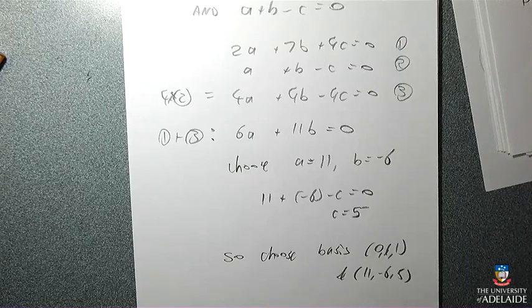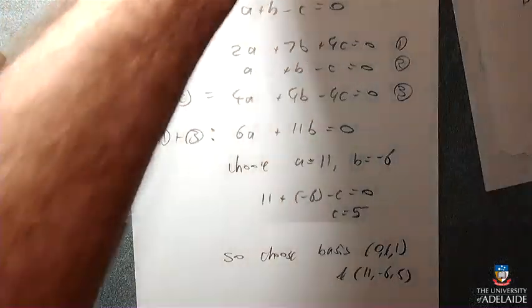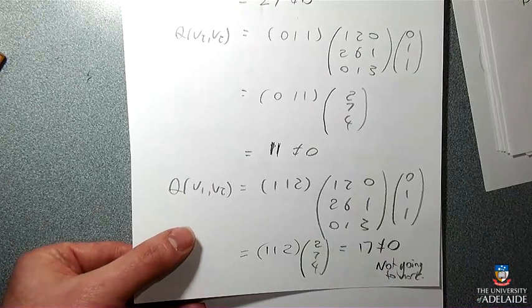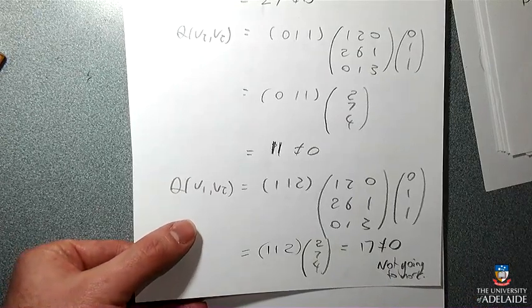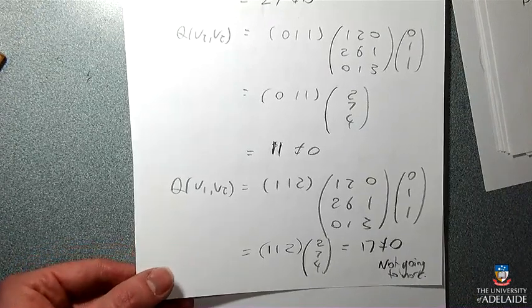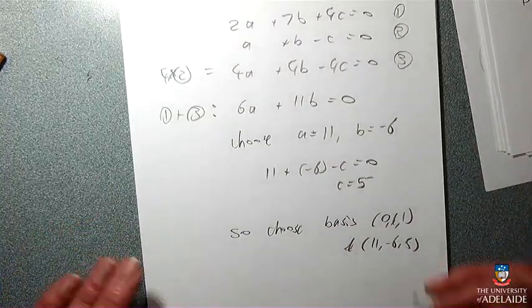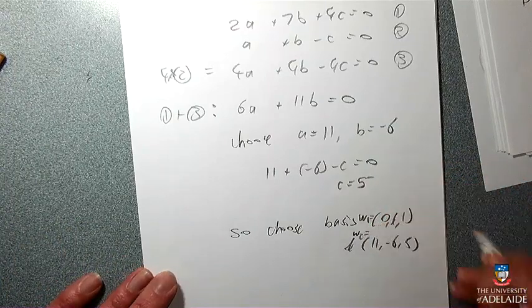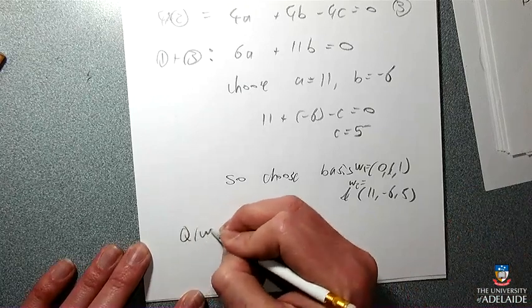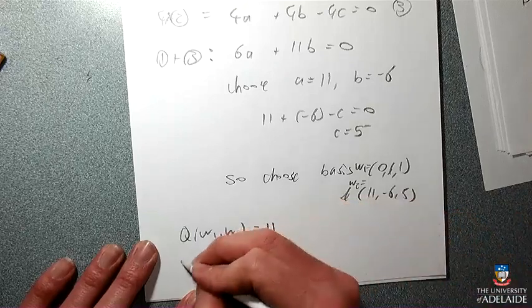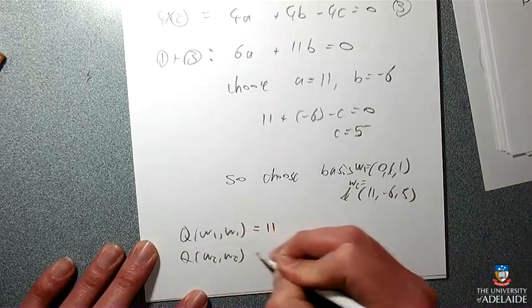I mean, the Gram-Schmidt process says that you do this dot product with 17, and then you have to normalize things to get length 1, don't you? So I sort of avoided having to normalize anything by doing this process. Okay, so if I choose that as my basis, I will now change the letters to W. Q of W1, W1 came out to before 11, and Q of W2, W2